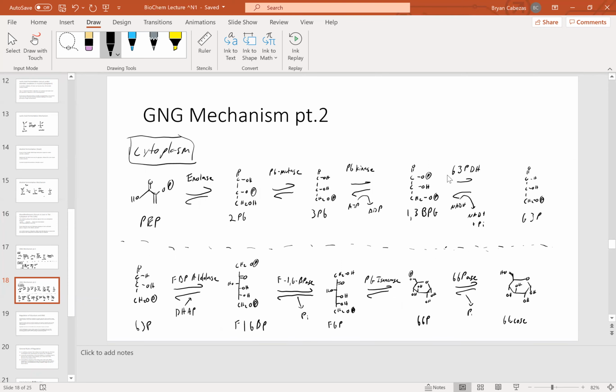After that, you're going to have the glyceraldehyde 3-phosphate dehydrogenase kind of reduce our molecule. Remember, the NADH is the reduced form, and then we're going to reduce this. And if this thing got reduced, that means that this thing got oxidized. So it did get oxidized to NAD+. We have our glycerate 3-phosphate.